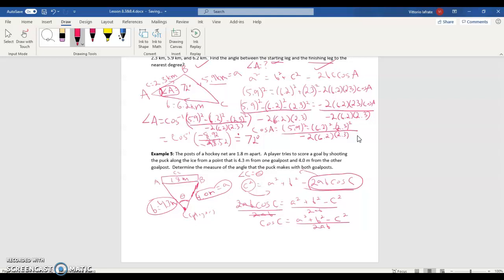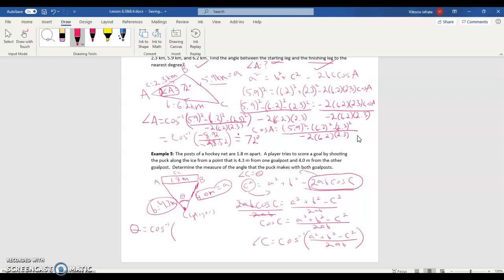Now, what is important here is that we realize we want to find angle C, which is theta. So to find angle C, we have to do angle C is equal to the inverse cosine of A squared plus B squared minus C squared over 2AB. And so assuming you labeled your triangle properly, now it's a matter of just plugging in the information. So if you had more room, you would continue downwards. I'm going to continue over here. So theta, which is angle C, is equal to the inverse cosine